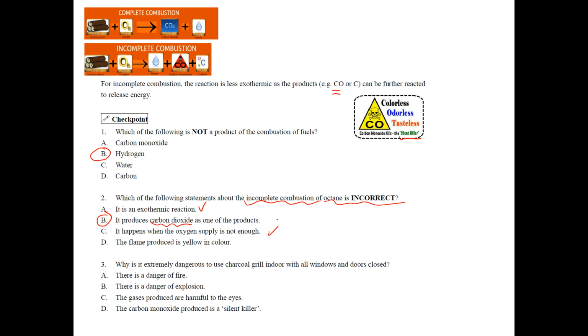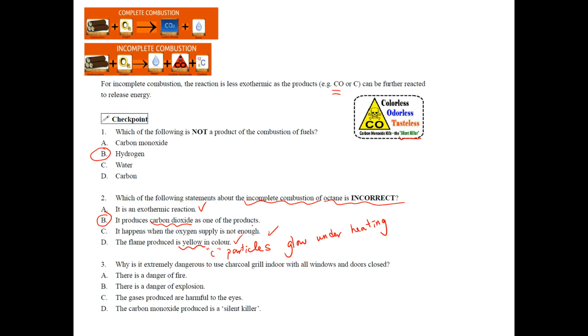The flame produced is yellow, again, because of the carbon particles. Do you remember I mentioned it in the previous video? Because carbon particles formed under incomplete combustion, right? It formed carbon particles, right? And it will glow under heating, just like the charcoal glows when you are barbecuing. So question C,